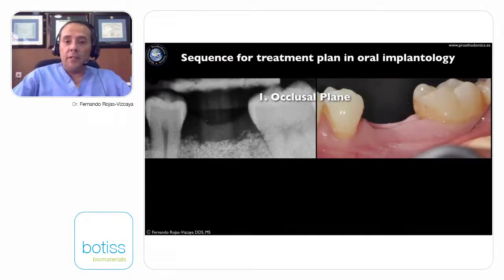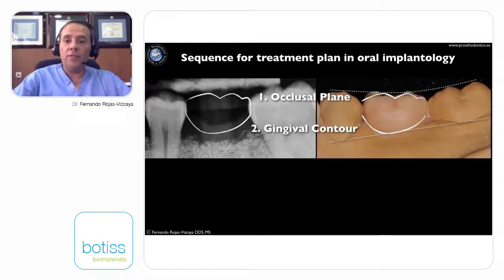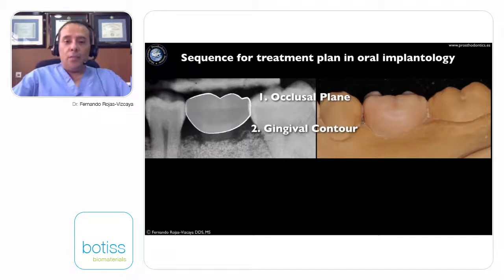We have this situation. Now, second step is what is the margin of this crown? Also, in this case, it's very simple because you have adjacent teeth. You have the premolar and the second molar. That is a guide to show you where the correct margin for the first molar could be. Once you have the occlusal plane and margin of the crown, you have the crown. Now you can wax this crown, you can duplicate this model, you can fix it in the tomogram,